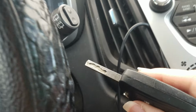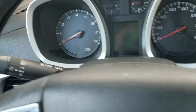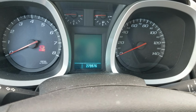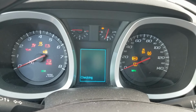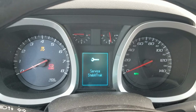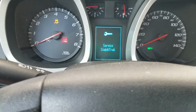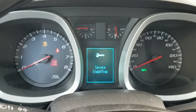Okay, I put the key in the ignition. As soon as I put it in, that's the 0. That's the 1. This is 2. Position 2. Service StabiliTrak comes on. Now, why that strikes me as odd is I recently took this battery off the car